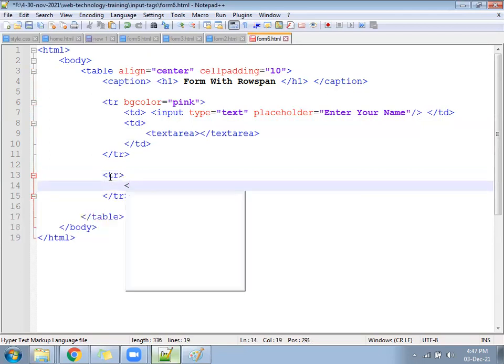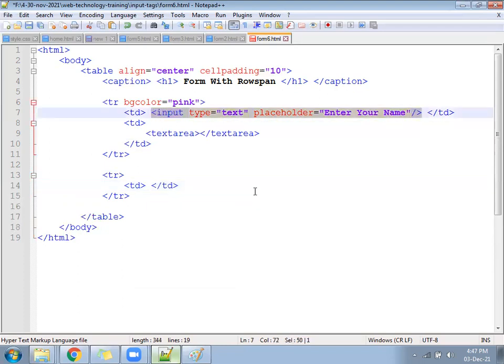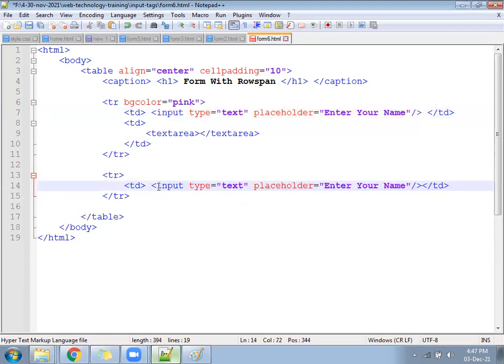Follow the TD. Keep inside a mobile number. Input type equal to number. Placeholder "Enter your mobile number".